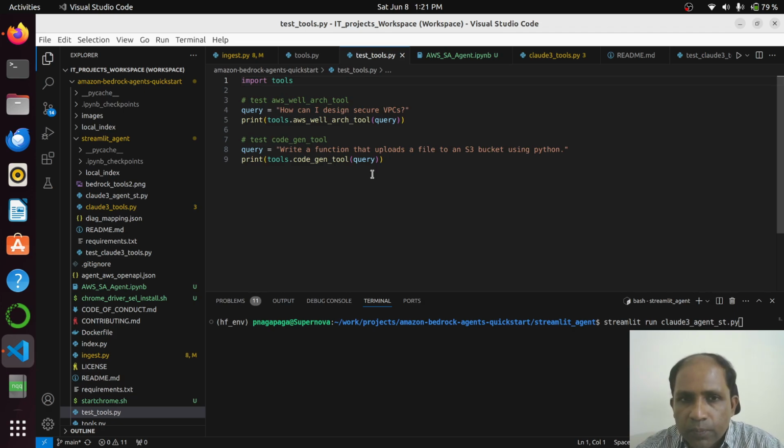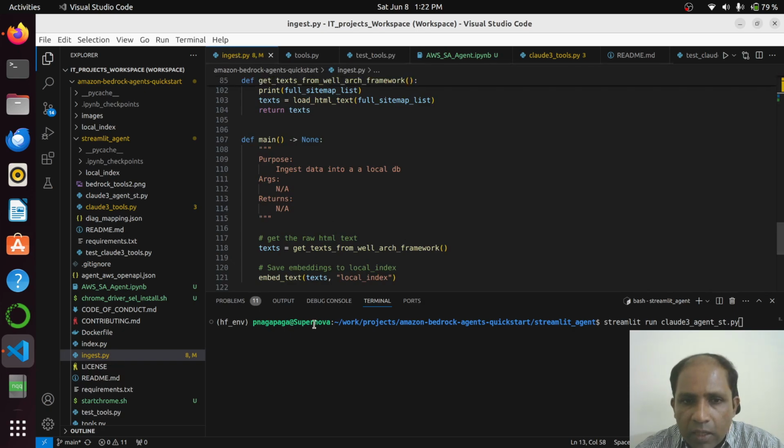But there's also three functions we're going to test. One is the AWS well-architected tool, a code generation tool, and also a tool that generates the diagrams through a UI. So I've actually run this and ingested into